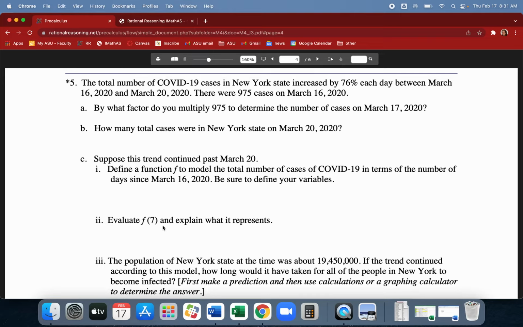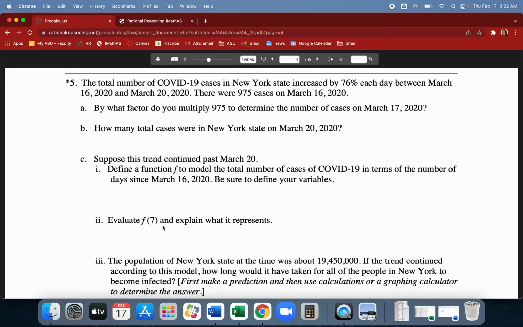Alright, so if I were to put in 14 for D, that'd be the same as putting in 2 for W. So if I gave you, oh, it's been 2 weeks, I don't want to put 2 up here because this is expecting a number of days. Would it just be D over 7? Yeah, D over 7, the number of days divided by 7 would give you a number